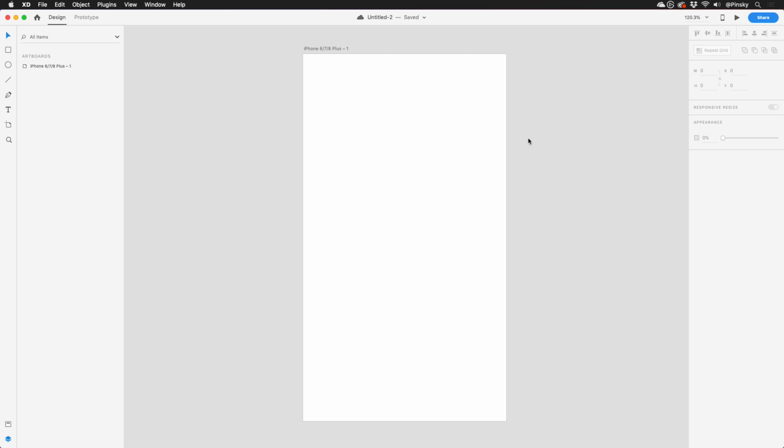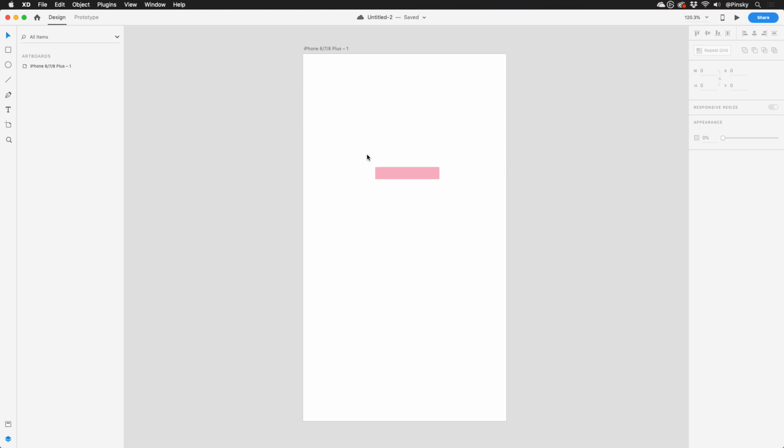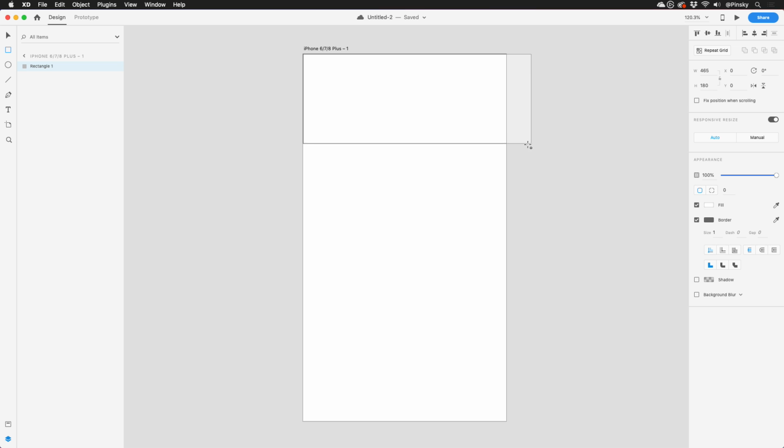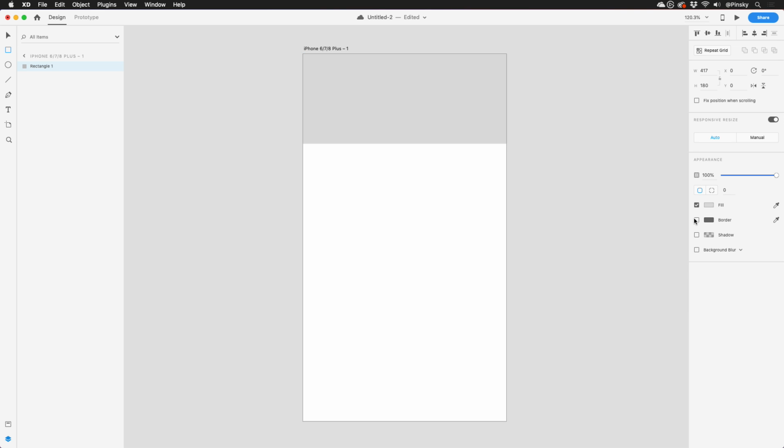On this screen, we're going to design a few elements, including a header image, a profile photo, text, and a gallery. Over to the left, I'm going to grab the rectangle tool and draw one out across the top of the artboard. And just so I can see it, I'll change the color to the right. With the rectangle in place, there's nothing further I need to do to turn it into a mask. All shapes, including custom ones created with the pen tool, can house images.